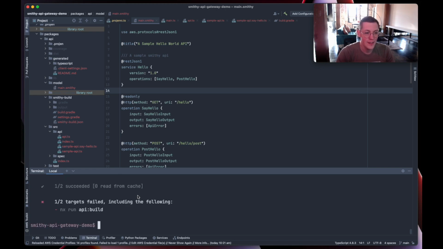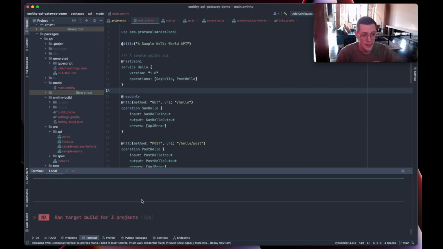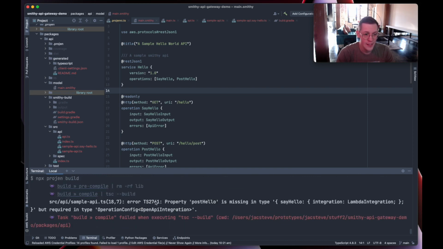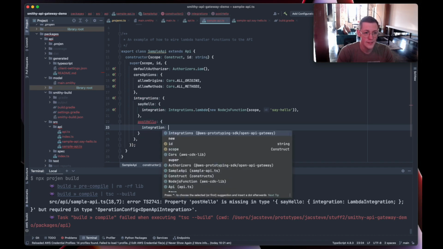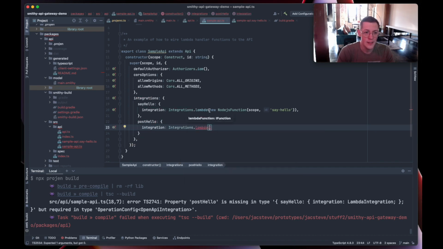And if you remember from earlier, we'll get a build error because we need to define an integration for every operation in our specification. So here we've actually got an error that the property post hello is missing in our integrations in sample-api.ts. So just here we have that type error. So now we can define a post hello integration, and we'll again point it to a Lambda, and we'll create another Node.js function,